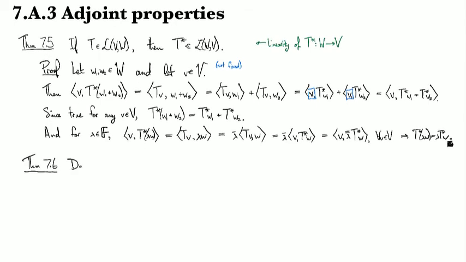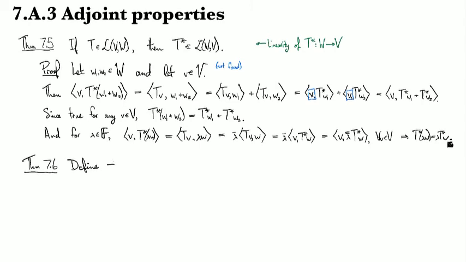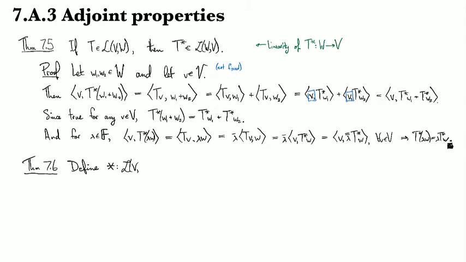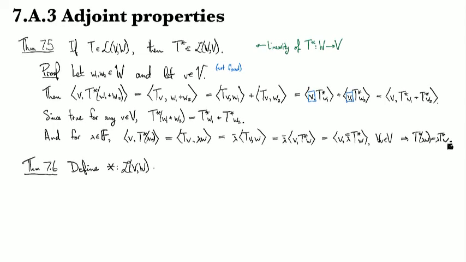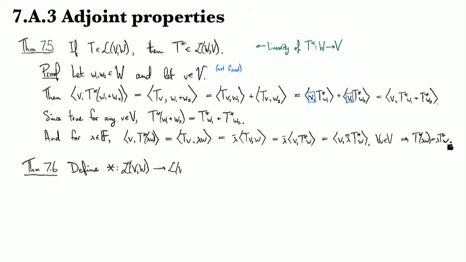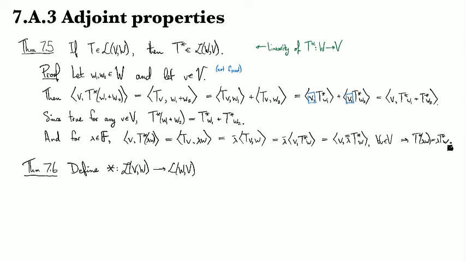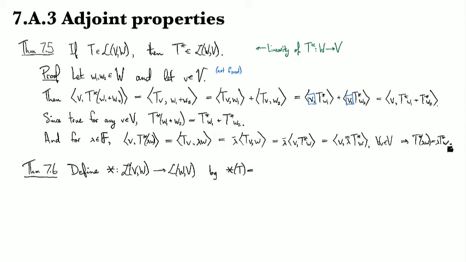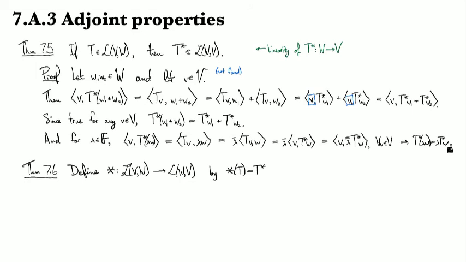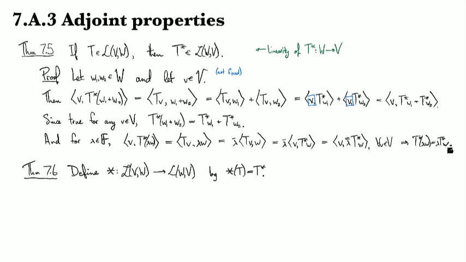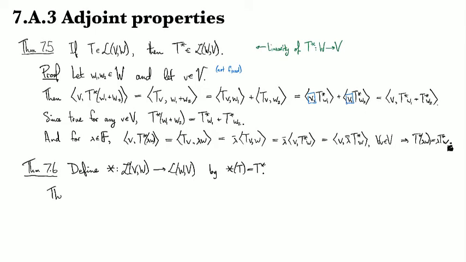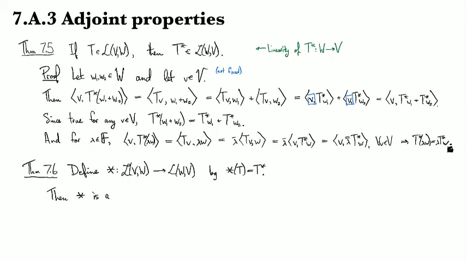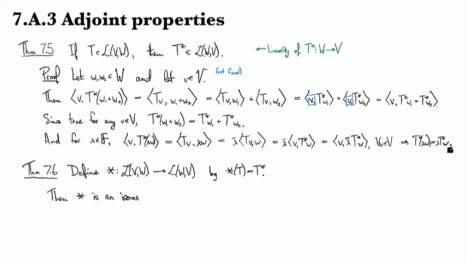So if we define star as a transformation that takes linear maps from V to W and turns them into linear maps from W to V, so star of T is T star. It's the thing that takes an operator to its adjoint. Then star is an isomorphism,